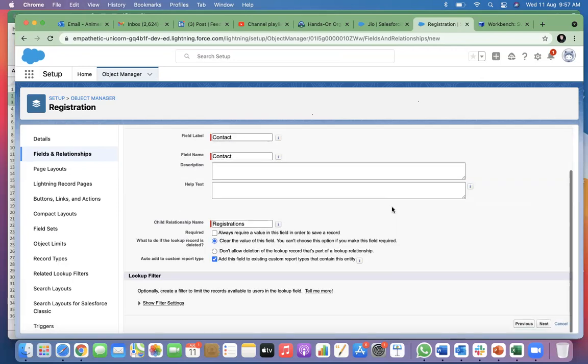The lookup relationship is not mandatory by default, but you can make it mandatory. If you make it required, then what happens is that you will not be able to delete the parent account.